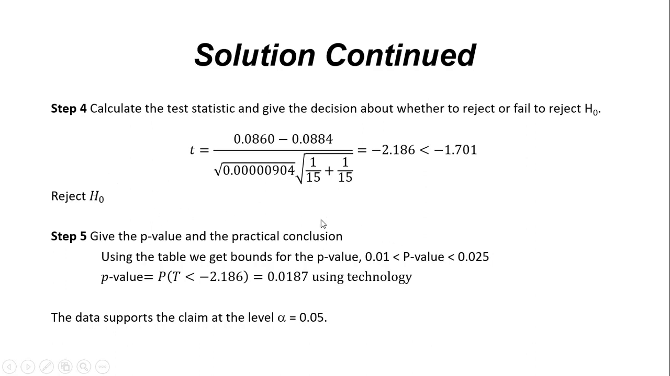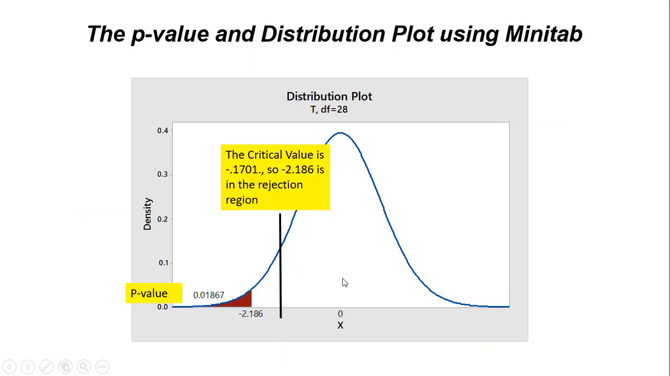Okay, if we wanted an exact value, then we could use technology to get the p-value, or actually run the test for that matter. I ran this in Minitab, and Minitab gives us a p-value of 0.01867. To get this, we use an x value of negative 2.186, and we find the left tail probability for this value. We get